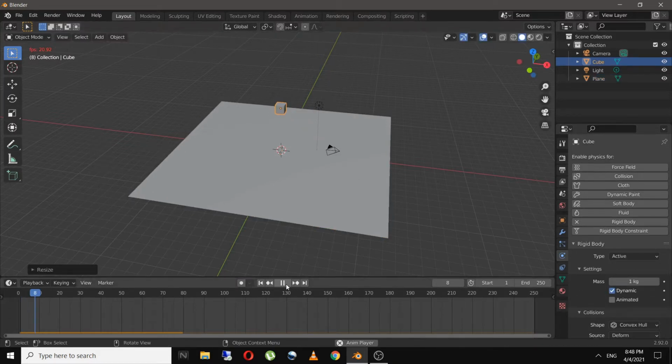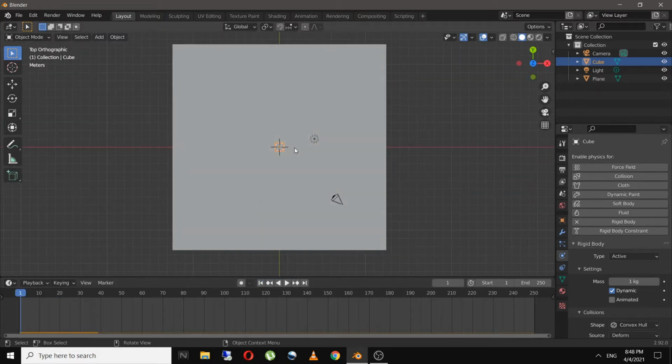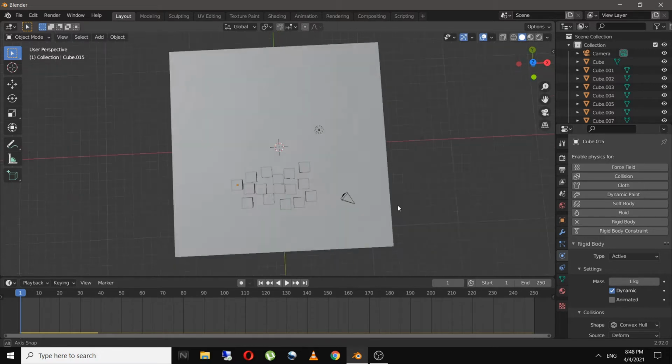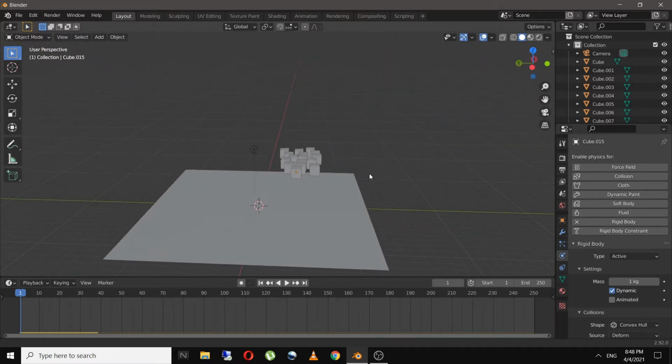So I will scale this down, and now let's try this with multiple cubes. So I'll duplicate a few cubes, something like this. So all these cubes will have now the physics properties which the default cube had.